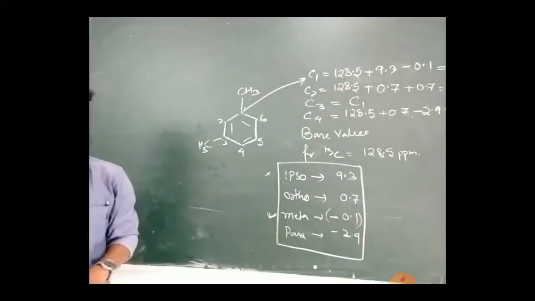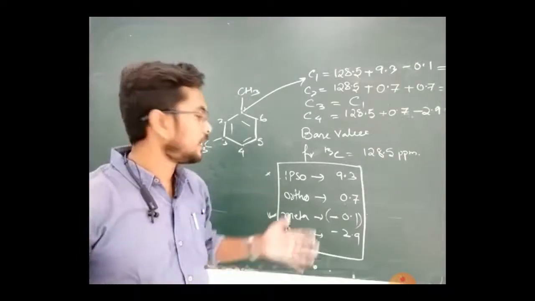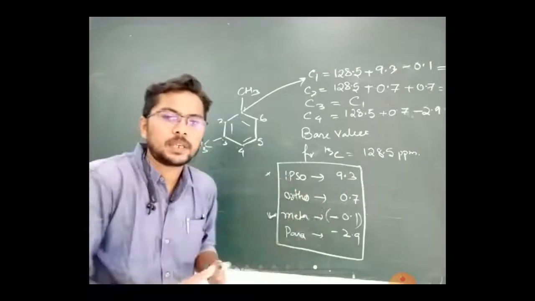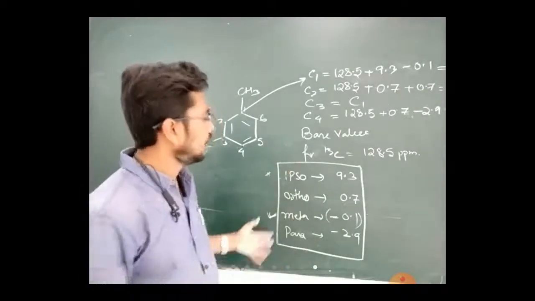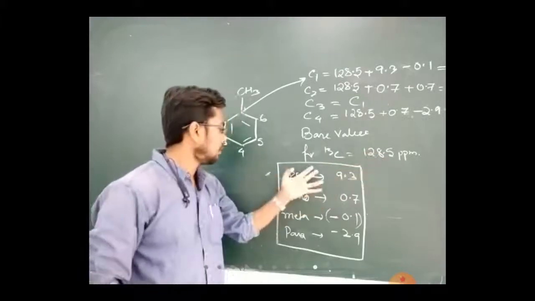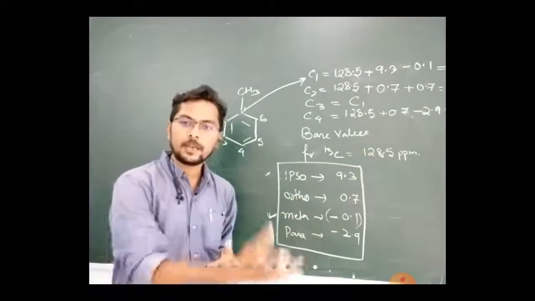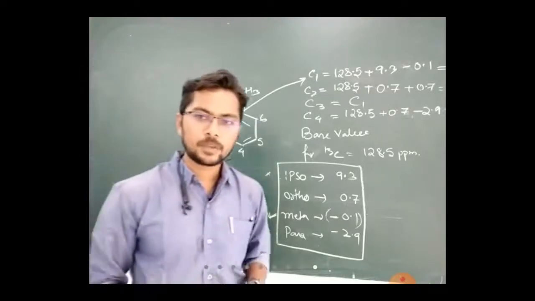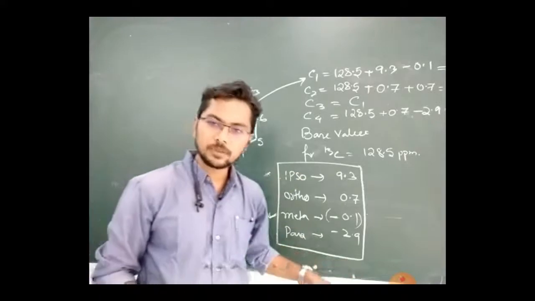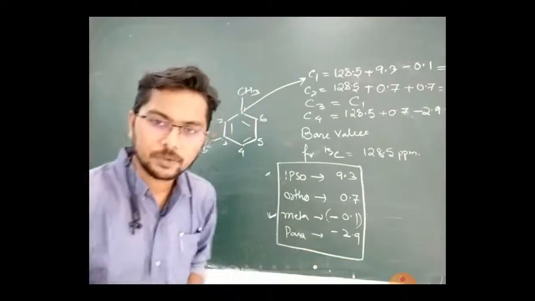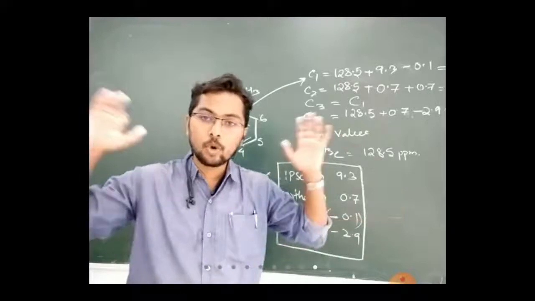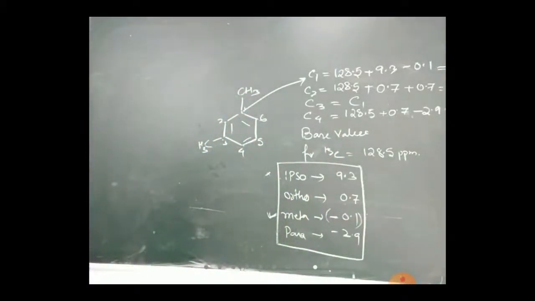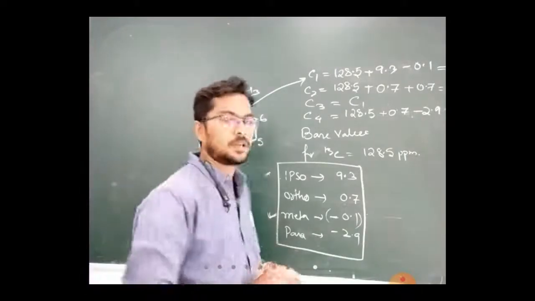In the exam, you should expect a question where your values will be given. It will be given like, for this particular aromatic carbon 13, these are the values: base value is 128.5, and ortho, ipso, meta, para, these are the values. So kindly find out the values of each particular carbon atom. You do not have to memorize these values; they will be given to you. You won't be able to memorize them because there are so many values, so memorizing is not an option for you.